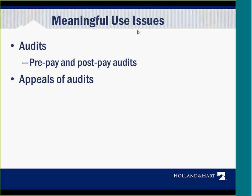And the biggest suggestion I would have in general about audits is make sure that you take any piece of paper that you receive or contacts you receive regarding your attestations and your meaningful use seriously. Don't just gloss over it, because if you don't respond when you receive information about an audit, then you have nothing to appeal. So again, you want to make sure that you're staying aware of the changing landscape in how audits are being conducted. Audits are triggered either through a random process, or also using risk profiles where there's suspicious data or anomalies,